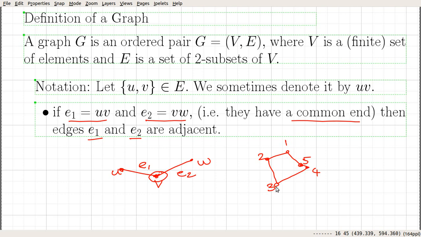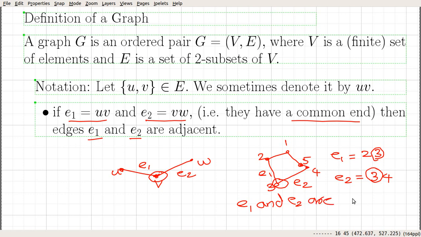If you consider these two edges, say e1 and e2, where e1 is 23 and e2 is 34, we can see that these two edges share a common vertex 3. So we say that e1 and e2 are adjacent.